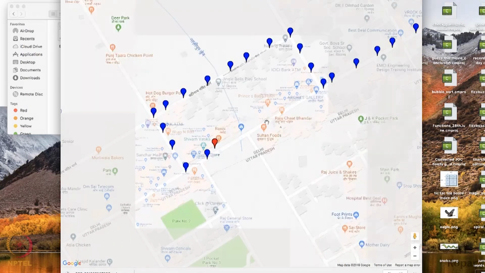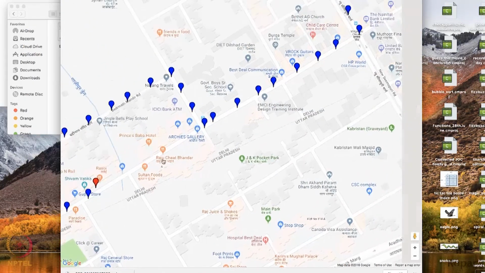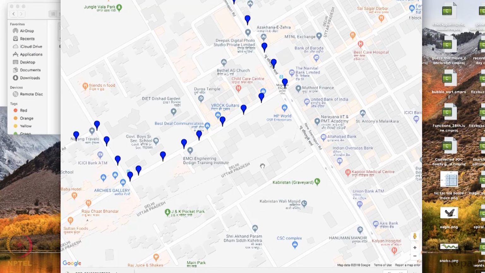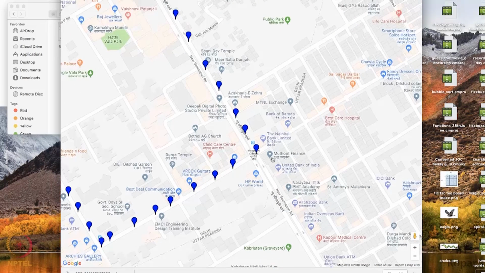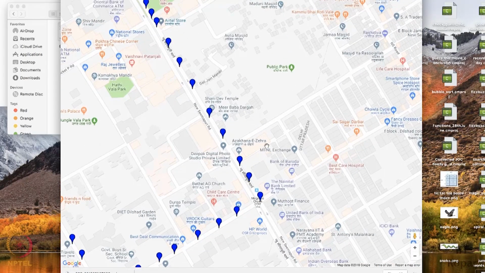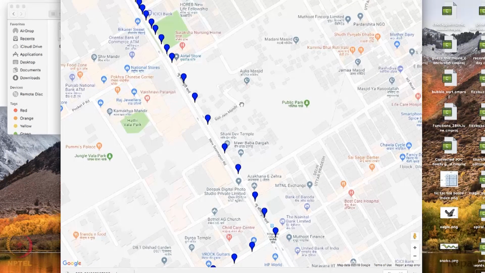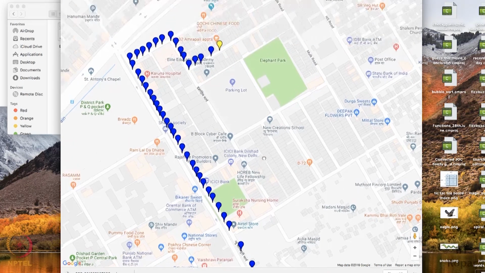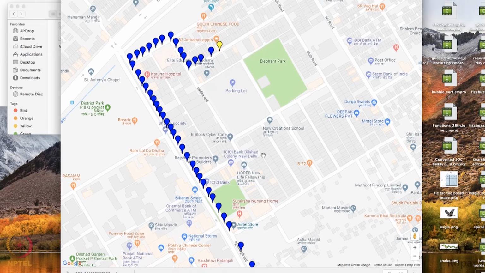So this is how you can easily plot coordinates. If you have the coordinates, you can easily plot them on Google Maps using Python. It's very easy. You saw I didn't use any hardcore programming. There are many libraries through which you can do simple things. That's why Python is so popular. You can do a lot of things with few lines of code because there are lots of libraries and the community is very strong. So thank you very much.